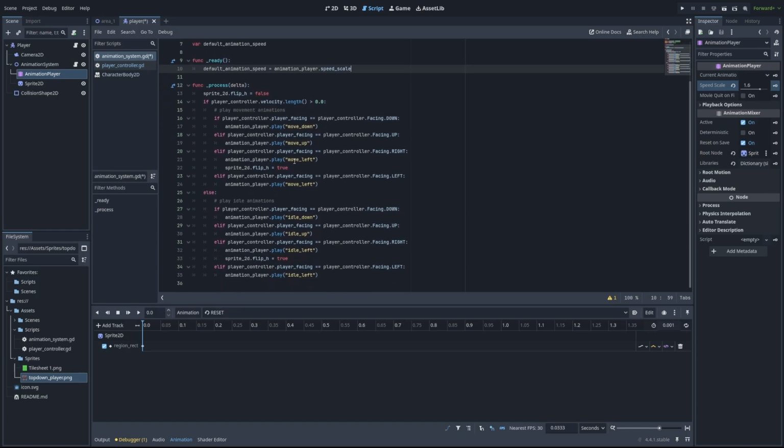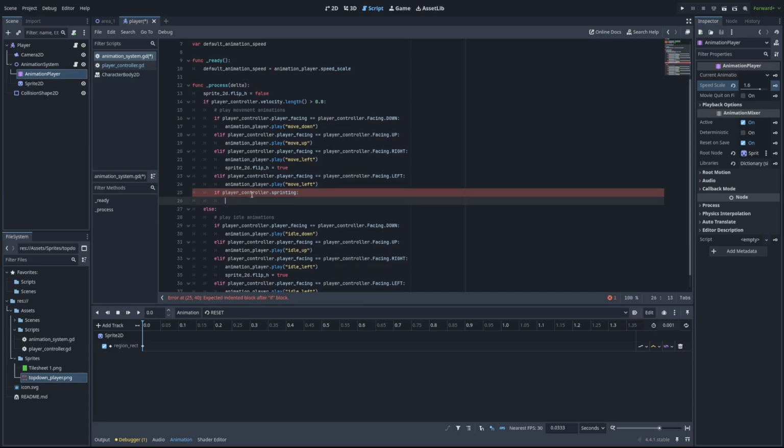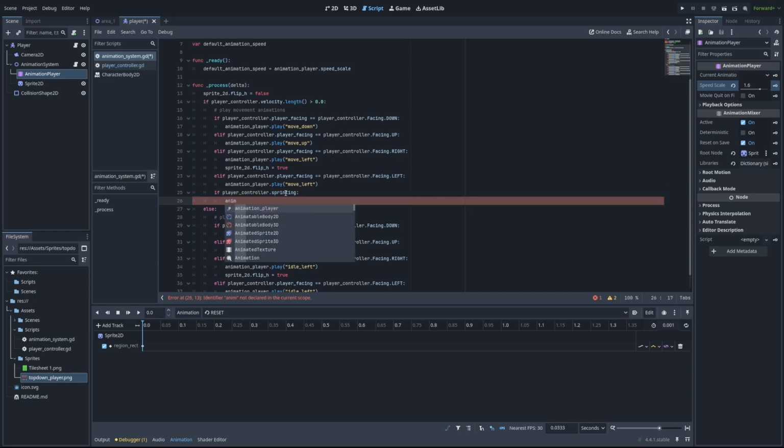And now we're going to do one more check here. So at the bottom of the movement check, we'll have a different if statement. This is a new if statement, not an else if. So we'll say if the player controller dot sprinting. So this is checking if the player controller is currently sprinting. Then what we'll do is we'll say the animation player dot speed scale is going to be equal to the default animation speed